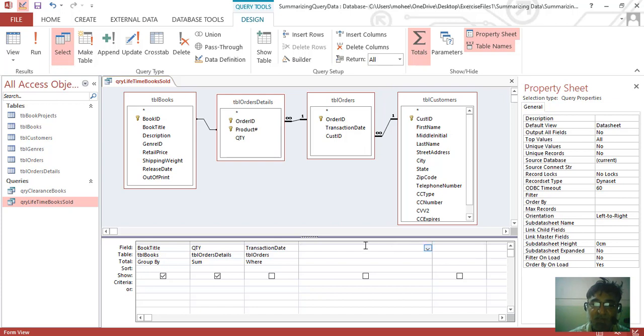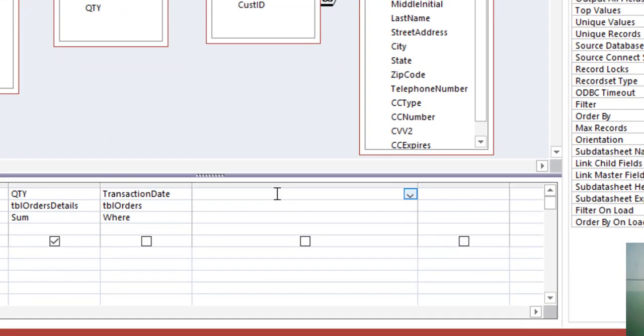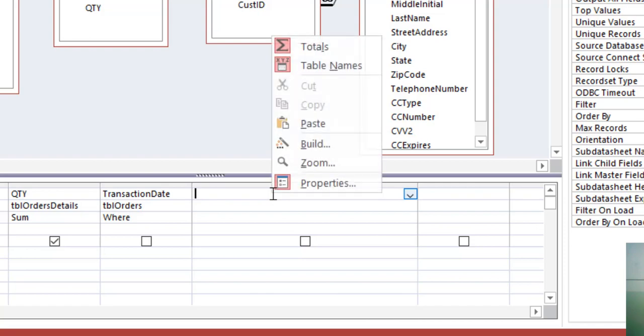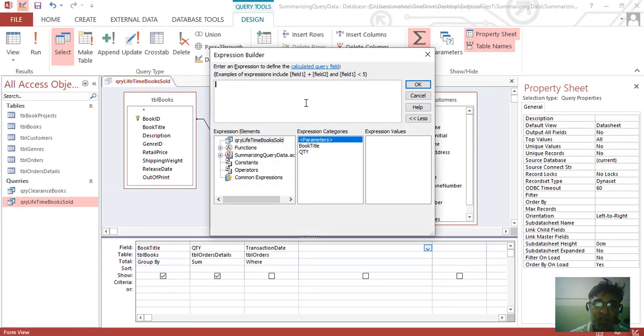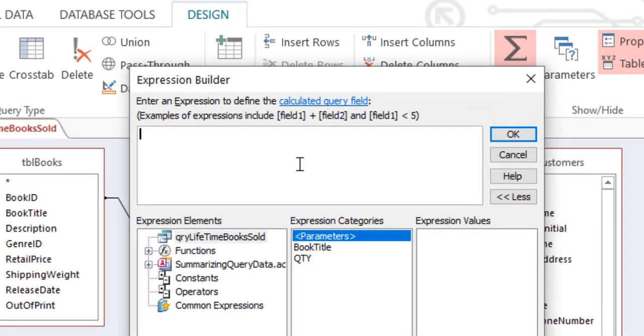We'll have to do a right click. We can find it in the ribbon, the expression builder, but if we do the right click, the expression builder is given here. You can see here the expression builder. Open it. In here we will be using the built-in functions of Microsoft Access by clicking on this function button.